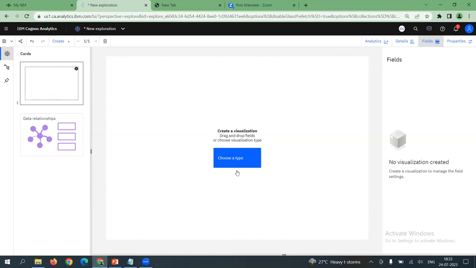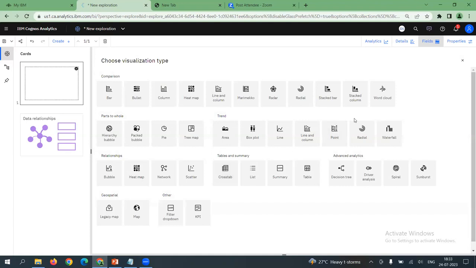So let's start by picking a type. When we click choose a type, you can see how Cognos presents you with a plethora of visualization tools that you can include in your EDA project. So first, I would like to start with the demographic variables, that is gender. We just presumed in our hypothetical discussion that gender could be one of the most important predictors, with some initial chance probability of gender affecting the decision.